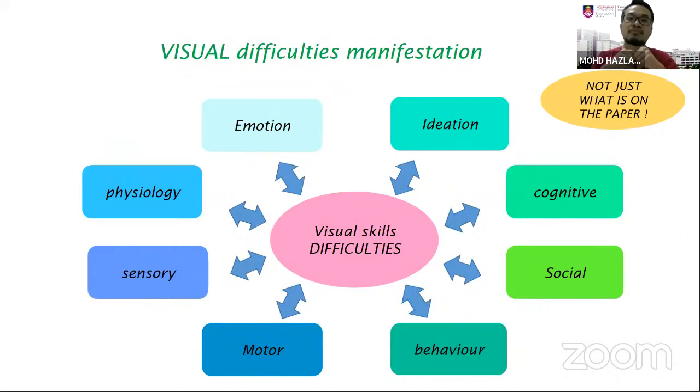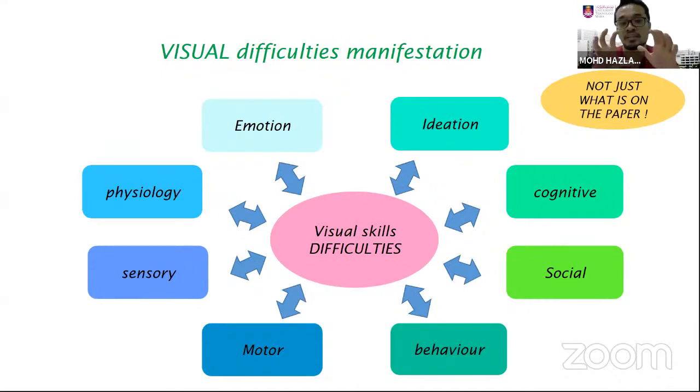And the child might have a cognitive function issue, or the parent or the teacher might say that the child has reduced attention, right? Easily distracted. So all of this will come with different kinds of other developmental components. But when we do an assessment, at the end, we will find that somehow it is caused by visual perception or visual skills difficulties.